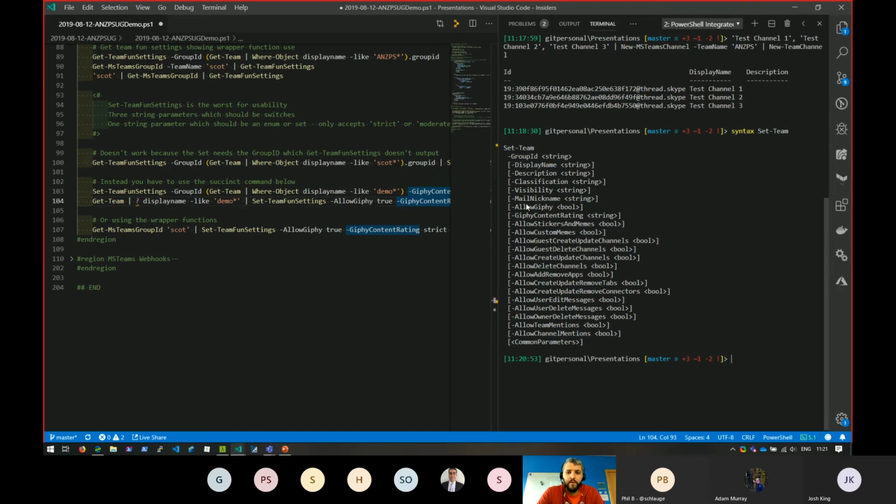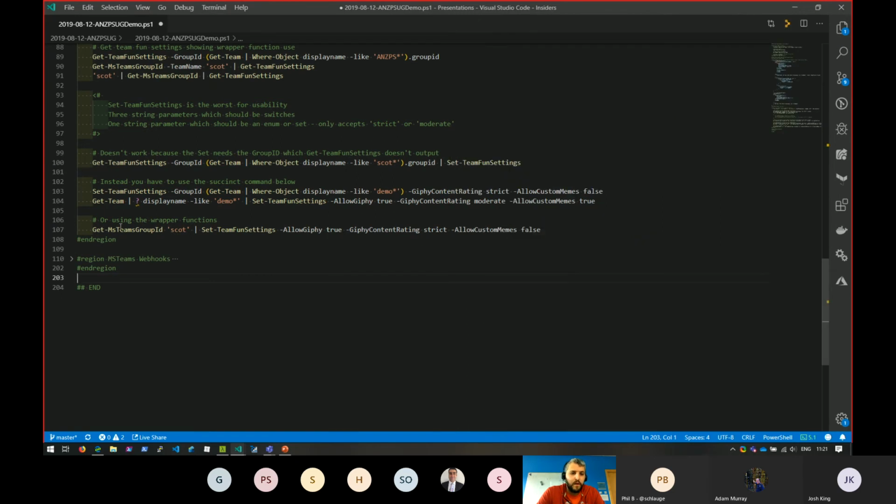But all of these were previously separate within the fun settings, so custom memes and things like that. But it's all within set team now. It's a lot better. And set team does have pipeline support now, which is a lot better than me having to write my own wrapper functions for it. Close that.